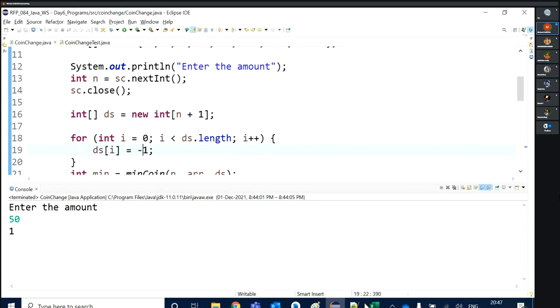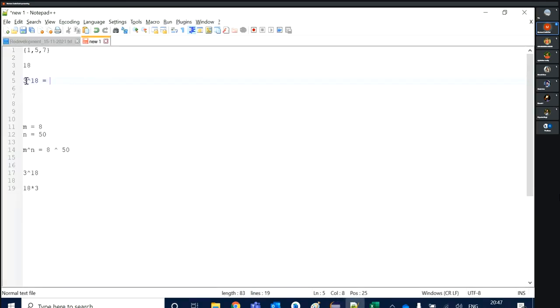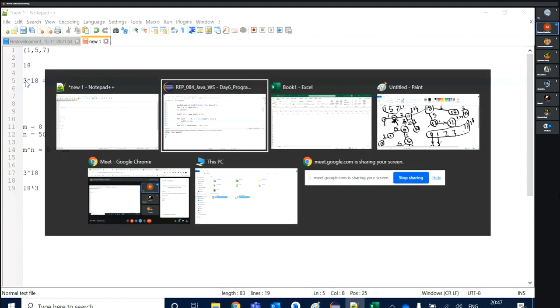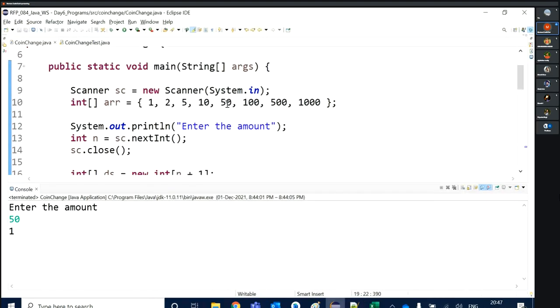If I'm doing this much calculation, more than 38 crore calculations, your time complexity is increased. You saw when I was trying to get the answer for amount 15 with these 8 denominations: 1, 2, 5, 10, 50, 100, 500, 1000.